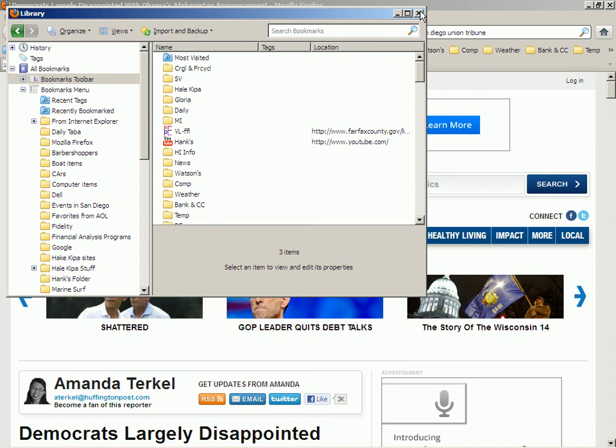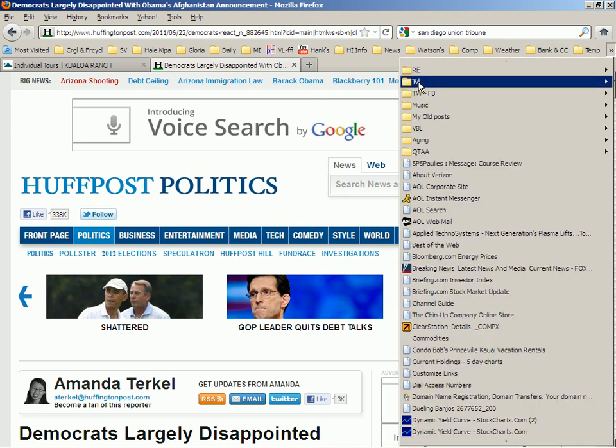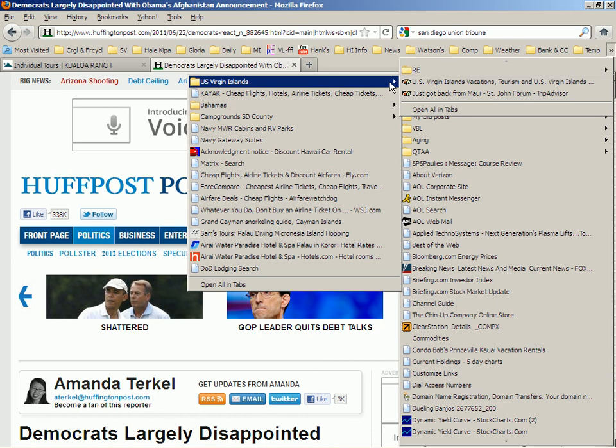And when I close this library, I now see the daily and Hawaii info and news and my travel folders in my